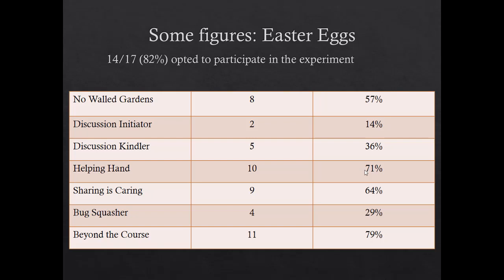So, some facts and figures. As I mentioned earlier on, this was an experiment and students had to opt in to be part of it. And they did that by the end of week 2. And how many people earned the various badges? As you can see, 2 students were constantly initiating discussions throughout the course. There were 5 students who were very active in the forum